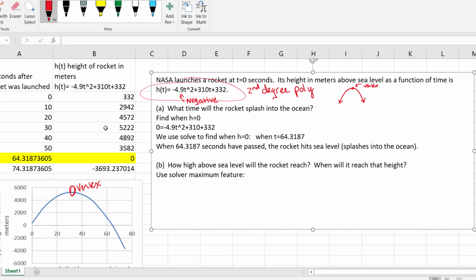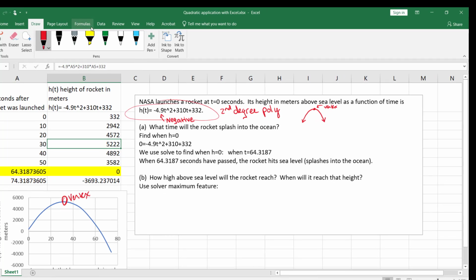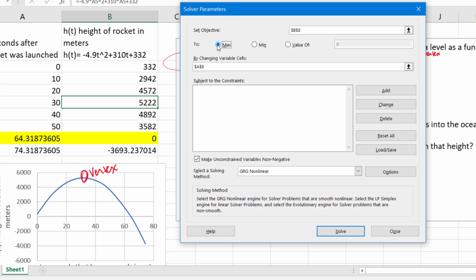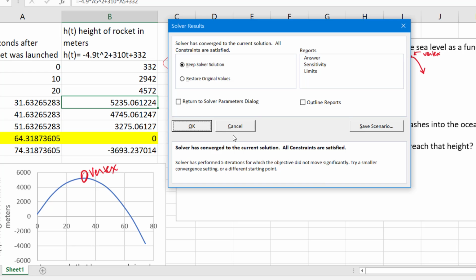I put my cursor in cell B5. I go to Data, Solver, and I click on Maximum. All right, I am setting the objective equal to cell B5 because that's closest to the maximum. It has the highest y value I can see in my table. I select maximum, and I select by changing variable cell A5. That's going to be the x value cell. When we hit solve,